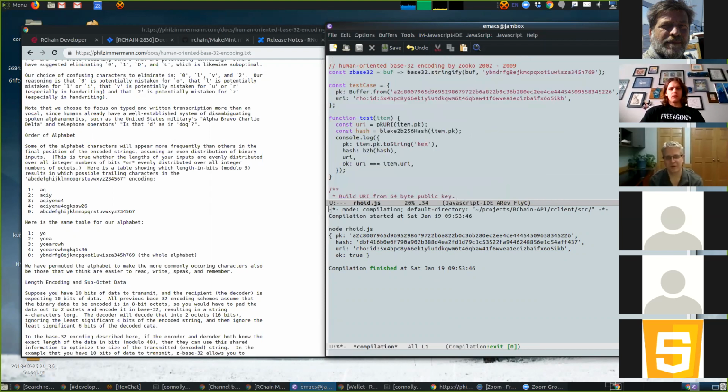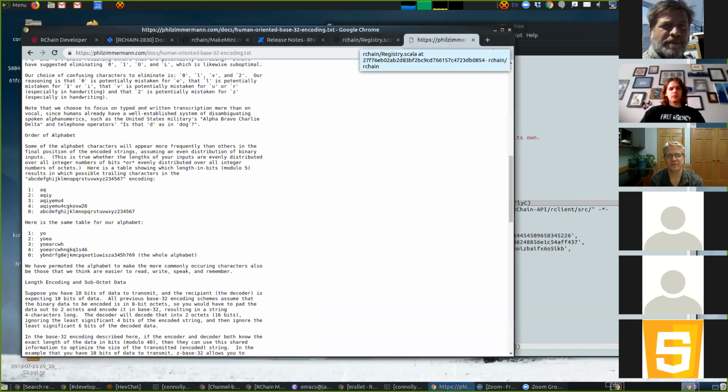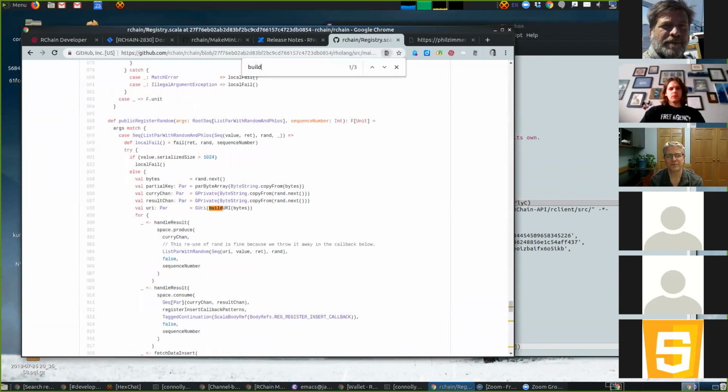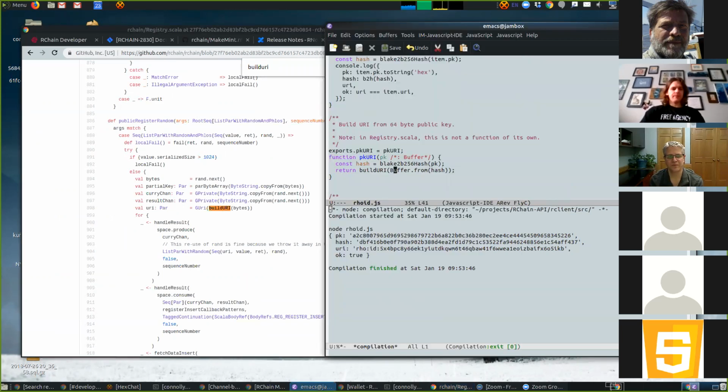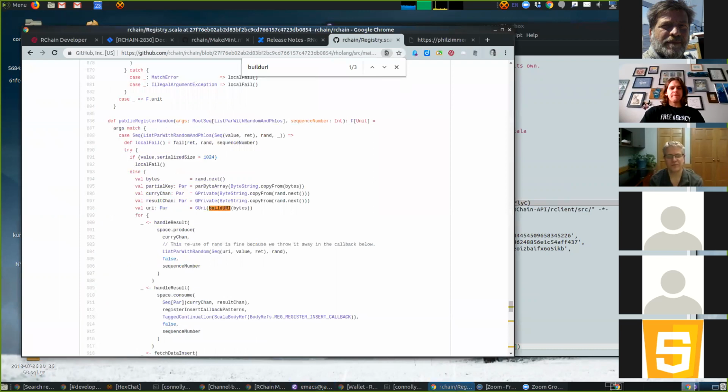All right. Wow. And then how do they do that? So PKURI is not a function of its own in here. He does the hash first and then calls build URI, but I package them together so that if you just have the public key, you can go to town. And then build URI is this exact build URI function,